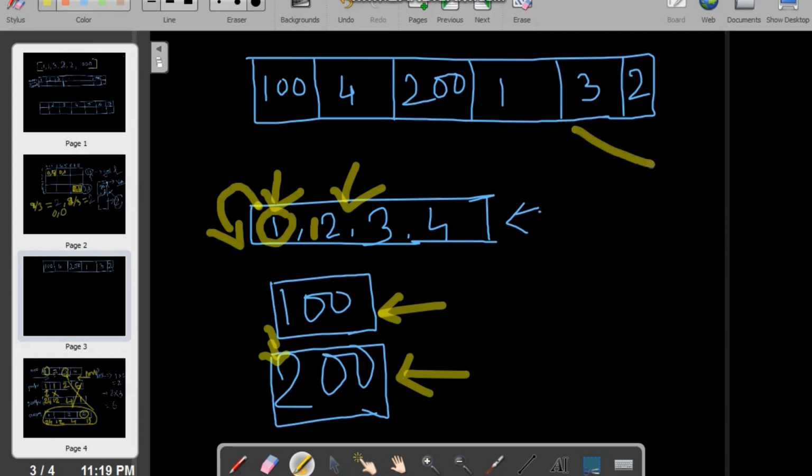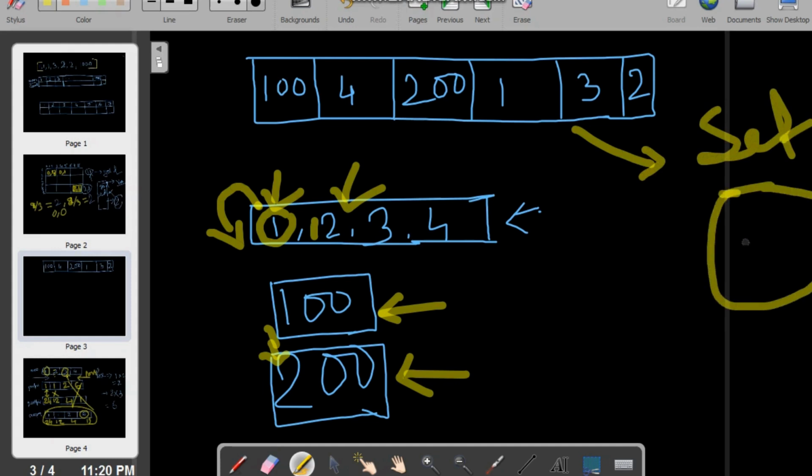So from this input array we need to create a set, and that set will have all the numbers, okay? And we know that the complexity of adding or fetching a value from a set is big O of 1. So in that case what we need to do is just check whether the element exists, let's say if we